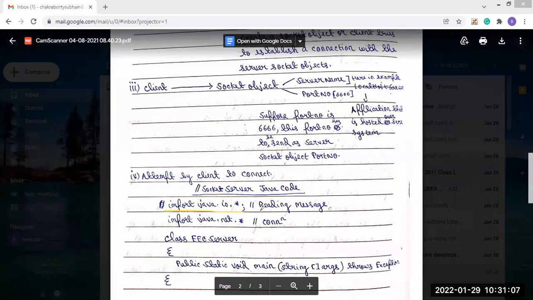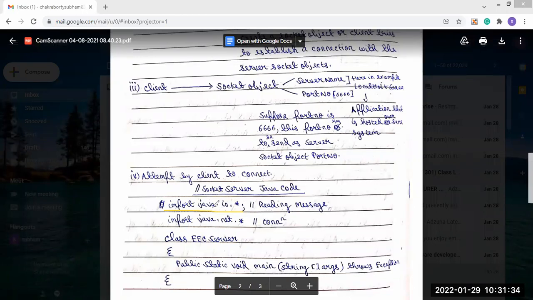Here we are passing some message from client to server, and on the server side we want to open that message and read it. So any predefined class we require for reading the message is in that package.